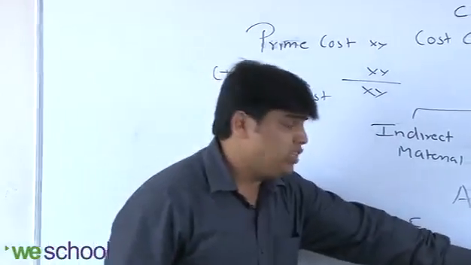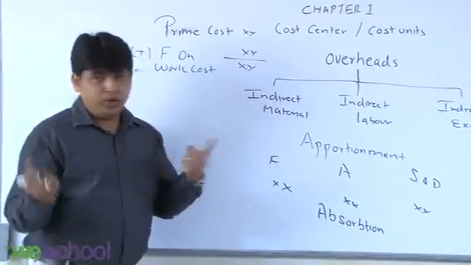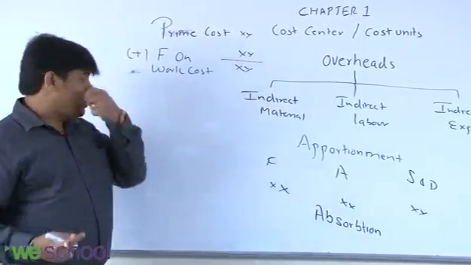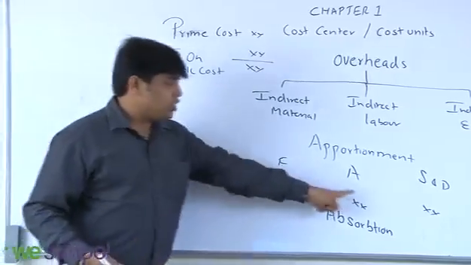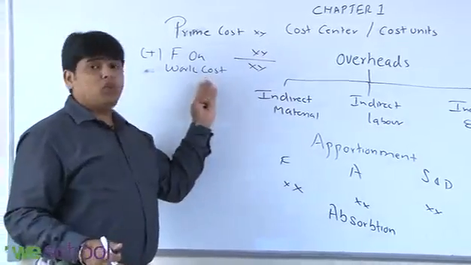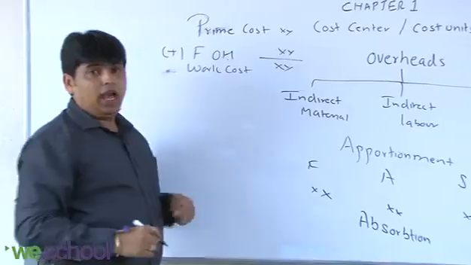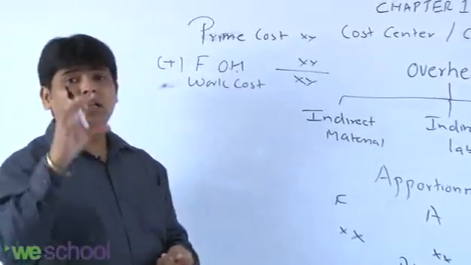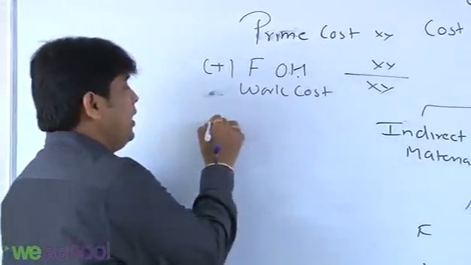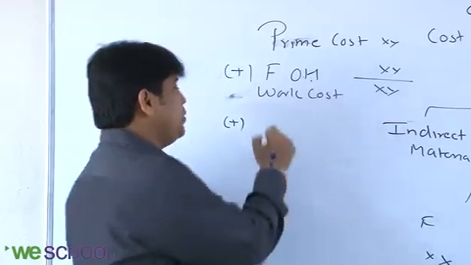So I can distribute this admin expense either on the basis of production, if it is possible, that is, if all the units are in the same measure. Second, if that is not possible, I can distribute this administrative expense on the basis of the works cost ratio of each and every product. What is works cost? Prime cost plus factory overheads. And what is prime cost? Direct material and direct labor. Okay. Then on the basis of any method, or on the basis of sales, I can distribute admin cost.